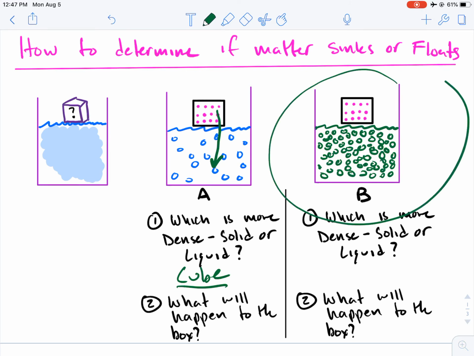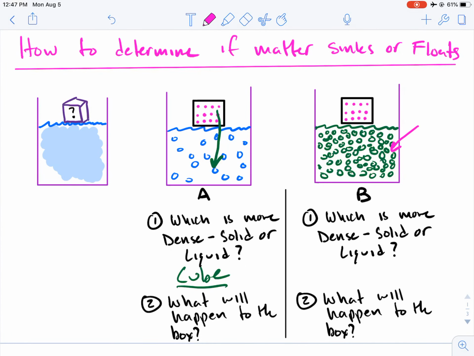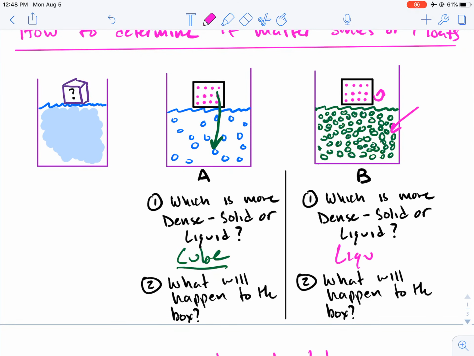Now let's consider cube B. Take a look. Is the cube or is the liquid more dense? And hopefully you said that the liquid is more dense because it has more compact particles than the solid does. So in the last example, example A, the cube was more dense and sank to the bottom. But in this case, the liquid is more dense, so the cube will just sit right on top, so what will happen to the box? It will